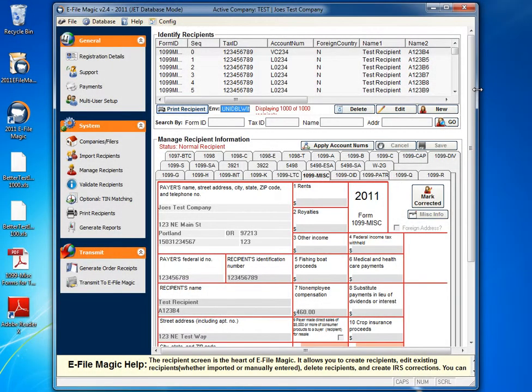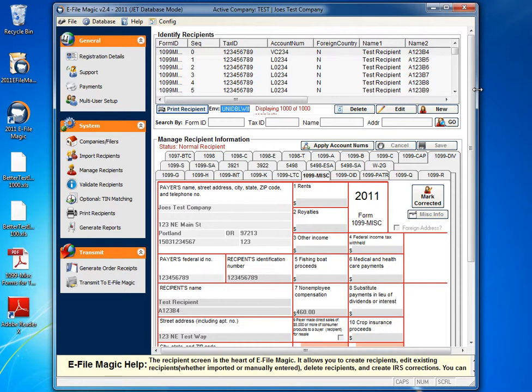Hello. Today I'll be talking about how to encrypt recipient information while it's stored in your local database on your PC. This is a powerful feature of eFileMagic that can assist in thwarting potential unauthorized access to sensitive recipient information. It's important to note this encryption happens at a very low level. The actual fields in the database records in the eFileMagic database that's stored on your PC are encrypted when you